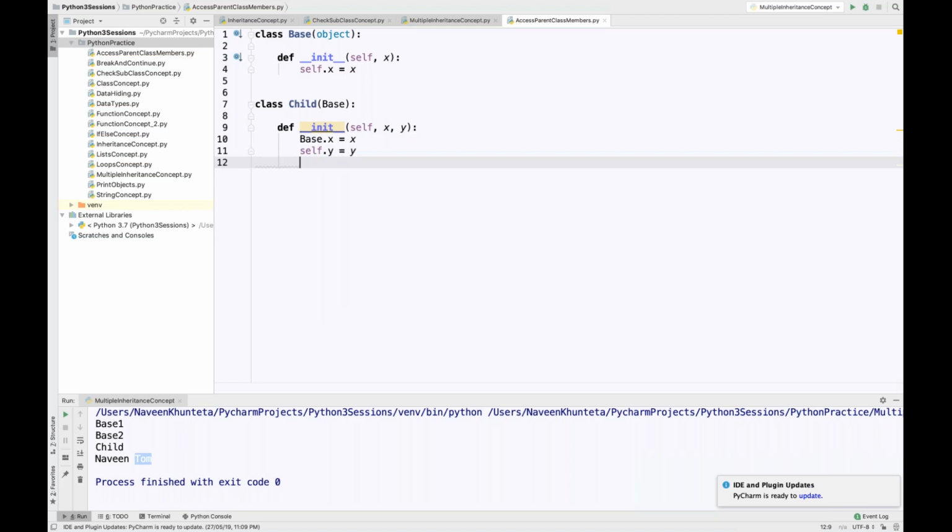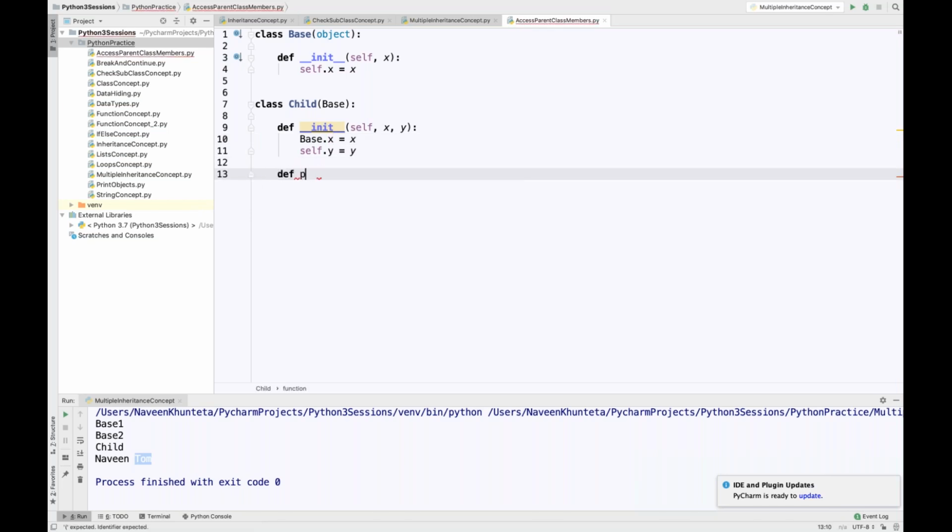child class. Okay, so self.y, I'm giving to this particular guy, but this x, whatever the value we are giving here, goes to base dot x. I mean, whatever value you are passing, you are giving to base dot x over here. So ultimately what I'm trying to say is in the child class you can access base class variables with the help of the class name. Like this you can do it, right? And then in the same class, I'm going to create one method, definition, let's see, print,